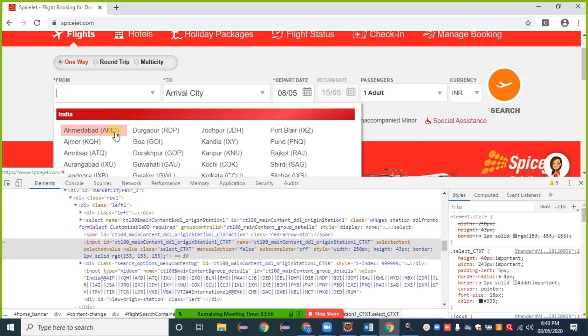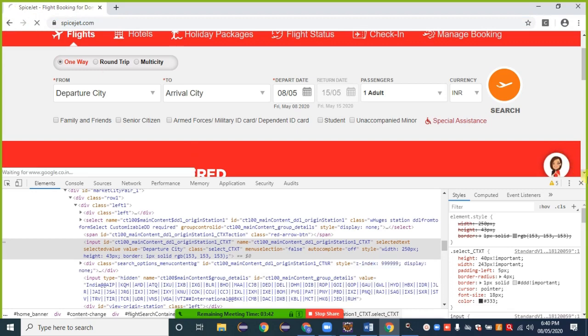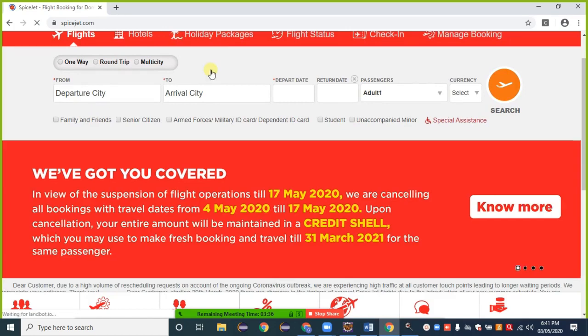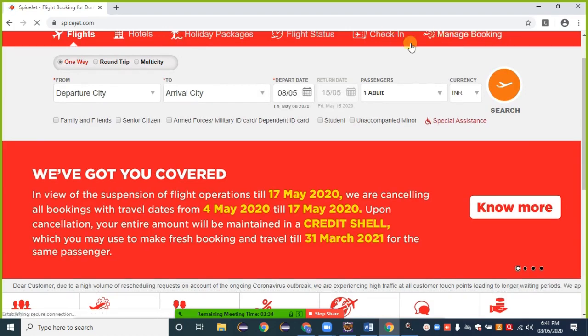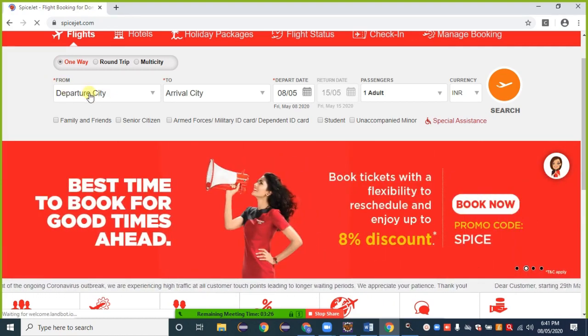How to handle that one? We can handle as usual, there is nothing different required. So what is our first step? Let me first show you the manual steps. My purpose is to go from one location to another location. First browser launch, then opening URL as spicejet.com,